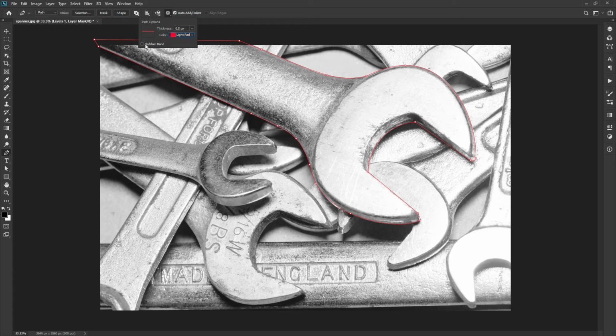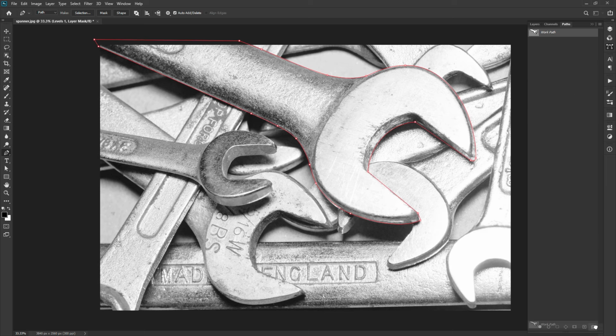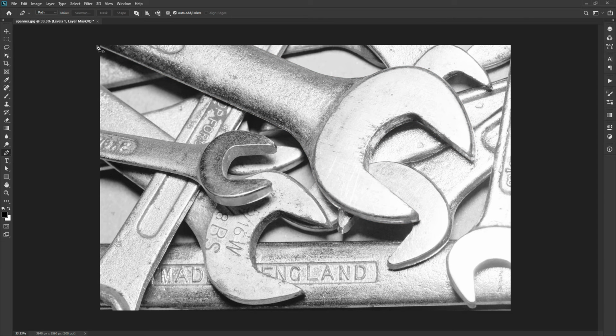At the bottom, we have a very powerful option of rubber band. Select the option and delete the path from the path panel first. Now recreate the path as you have created earlier. You can see that we have a floating path between the node and the tool. This will guide you in creating the path. Just follow the steps as we did last time. You might feel more comfortable using this option. It seems easier to draw a path on the edge of the subject.